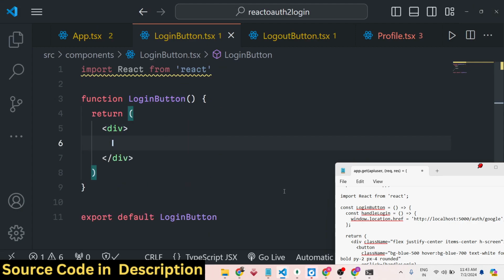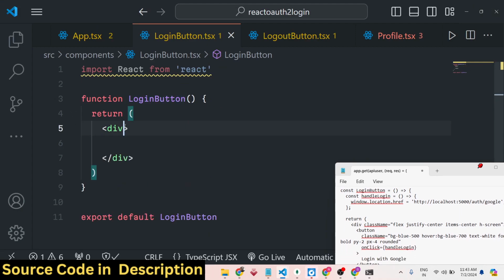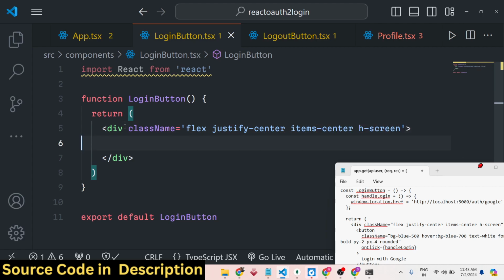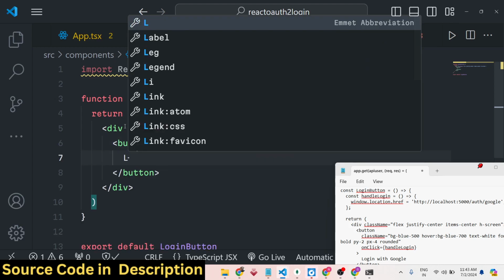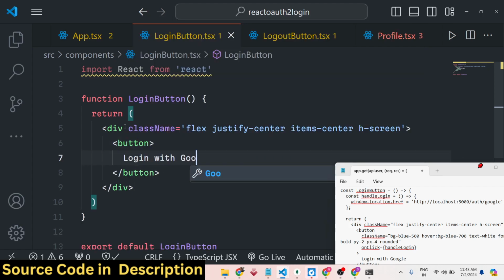And right here we will have a login button in the center of the screen, justify center, item center. So we will have a button right here which will say login with Google,